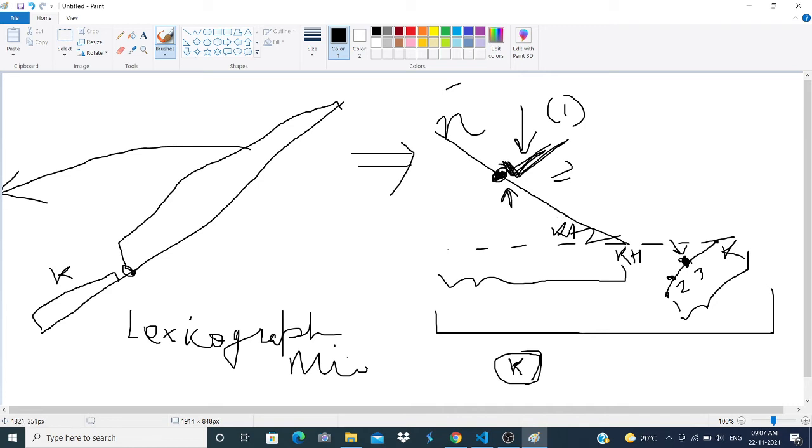And if it is so, then the only thing you can do is make your length of non-decreasing subsequence equal to all these things. Because if this and this are equal, then all of these will also be equal to this, and also all of these will be equal. So then the length of the longest non-decreasing subsequence will be equal to the sum of this plus the sum of this.